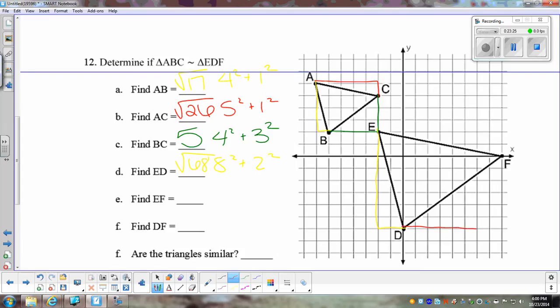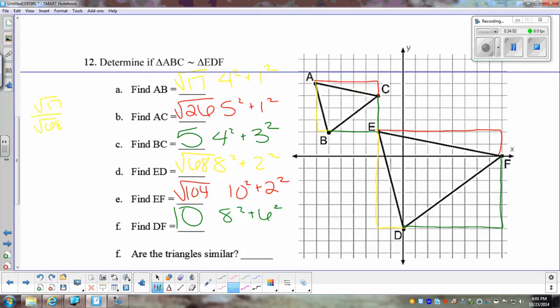DF. I want to do EF first, sorry. EF over 1, 2, 3, 4, 5, 6, 7, 8, 9, 10, down 2, which is the square root of 104. And then lastly, DF, I went over 8 up 6, which is 10. So when I make my ratios, the square root of 17 over the square root of 68